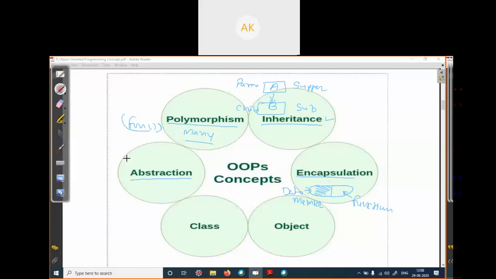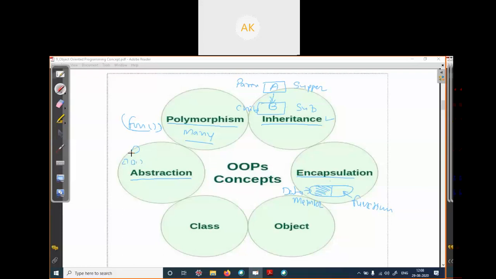But at the end, when you drive the car, you have only limited features visible, like the steering, the brake, the accelerator, and some other features. The other things we just cover up with the body. What is not necessary, we cover up. Abstracting means we show only the essential things and cover the unessential things.